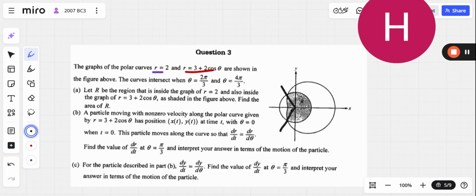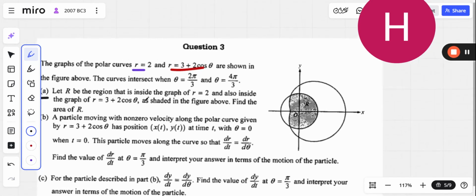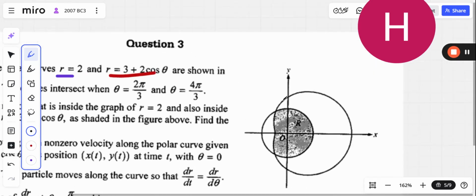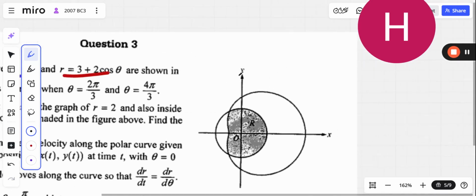Okay, well, let's get started with part A. Part A is let R be the region that is inside the graph of r equals 2 and also inside the graph of r equals 3 plus 2 cosine theta as shaded. So we need to parse this out because we need to find the area of R. So what we're going to notice is that up to the angle of 2 pi over 3,